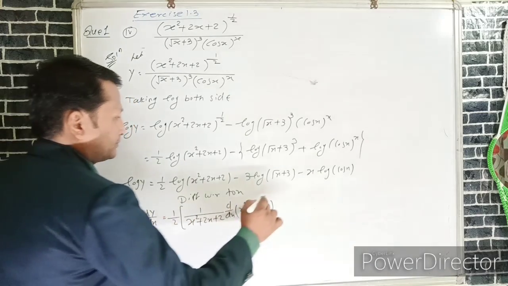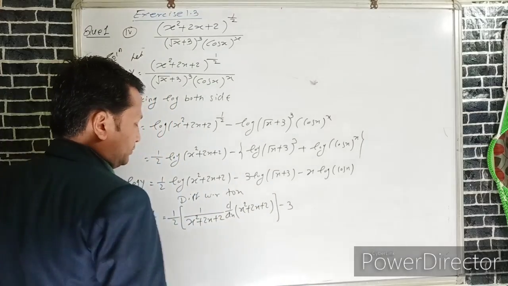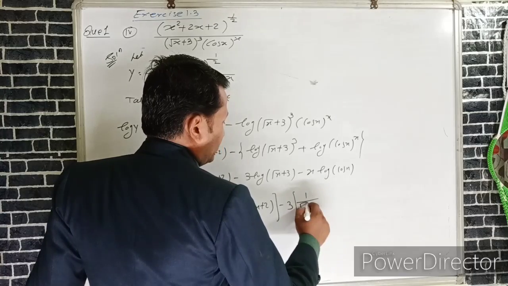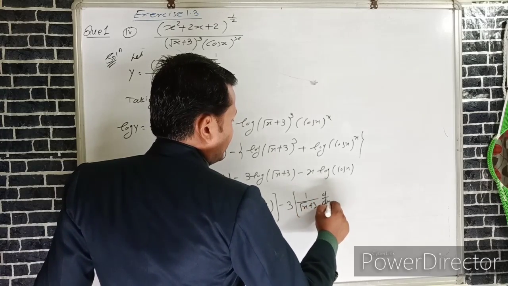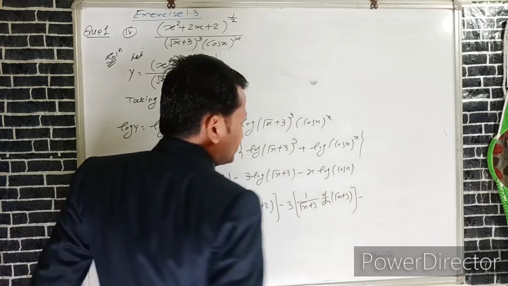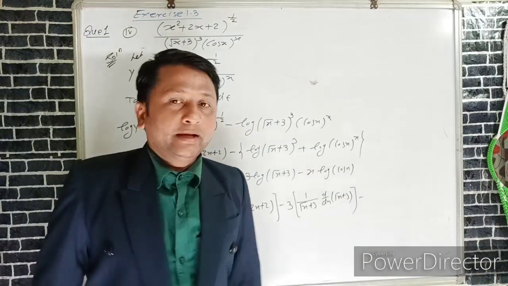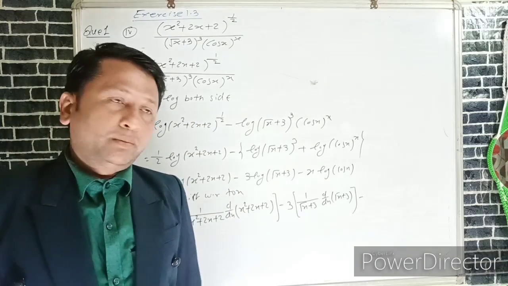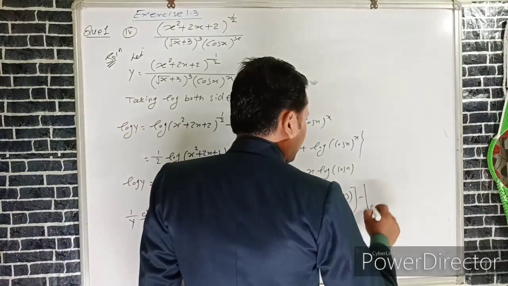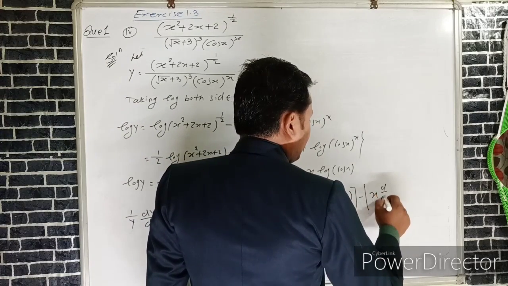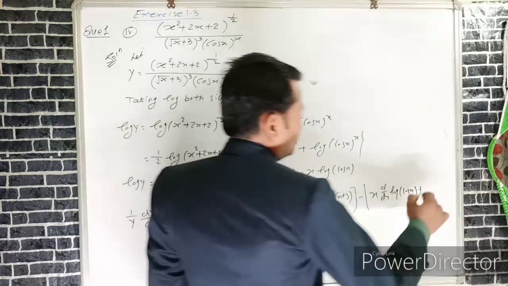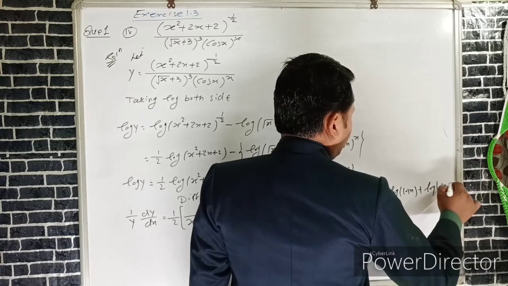After that, minus 3 into, we can take again the derivative of log of square root x plus 3, which is 1 upon under root x plus 3, and we take again the derivative of under root x plus 3. Here minus this term x into log x, which is in the multiple form m into n form. If we apply here the product rule for u into v, then we can write x into the derivative of log of cos x plus log of cos x into the derivative of x,